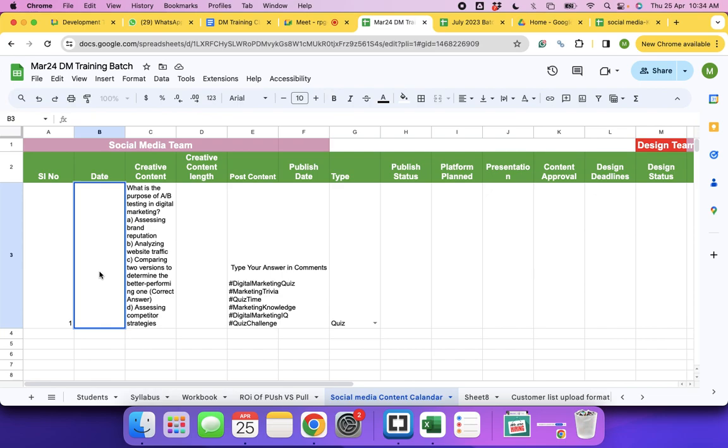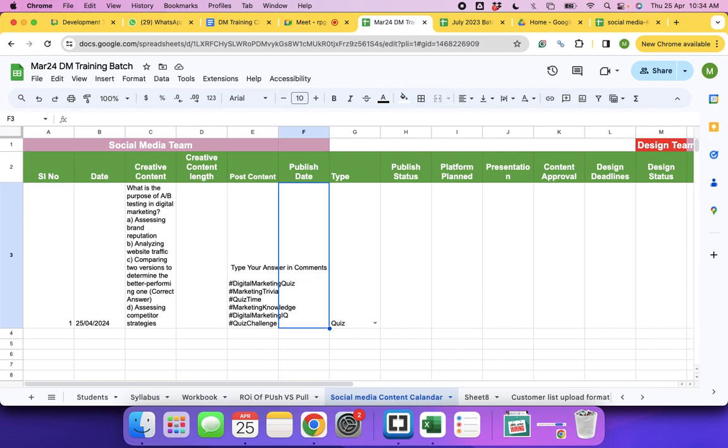So now let's assume this is planned on 25/04/2024, and we are planning the publish date.